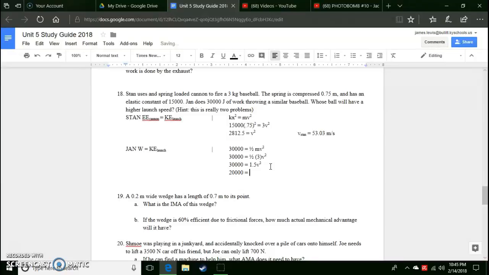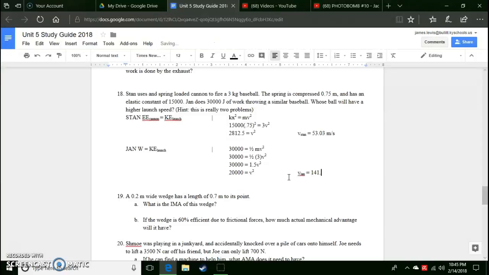20,000 equals v squared. Now, right here, I don't even need to finish this problem because, as you can see, 2,812 equals v squared, and then 20,000 equals v squared. This one's going to be bigger. Jan wins, but just for the sake of completion, what is the square root of 20,000? V for Jan is going to equal the square root of 20,000. Let me get that on the calculator. The square root of 20,000 is